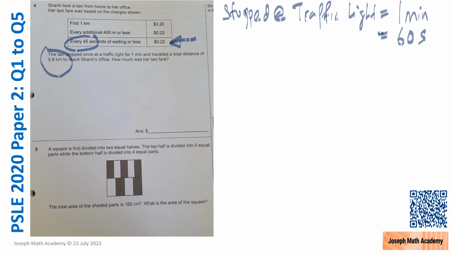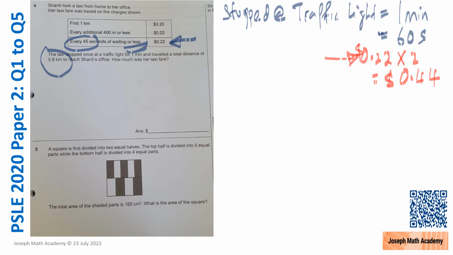So, "or part thereof" or less means we have to consider double 45 seconds, because it is more than 45 seconds. So in this case, Shanti's taxi stopped for 60 seconds. That means Shanti's taxi will charge her 22 cents twice, which is 44 cents. The first 22 cents for the 45 seconds and the next 22 cents for the extra